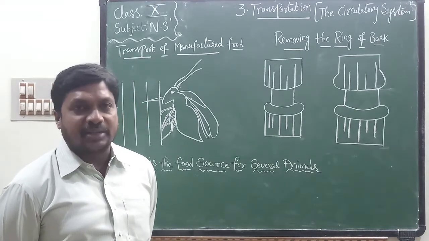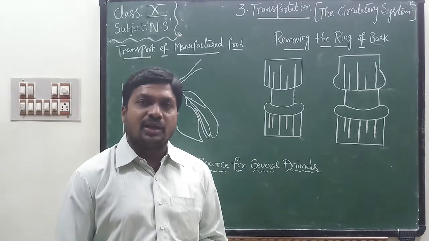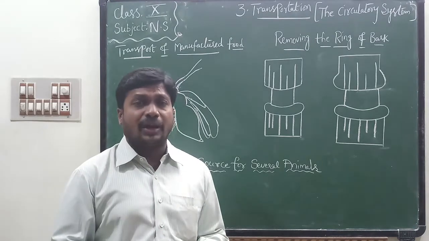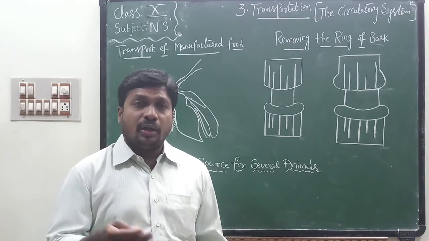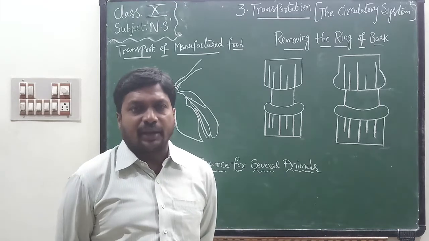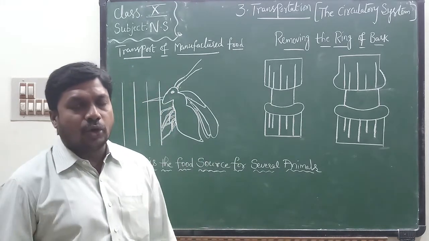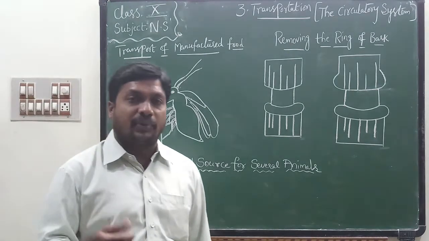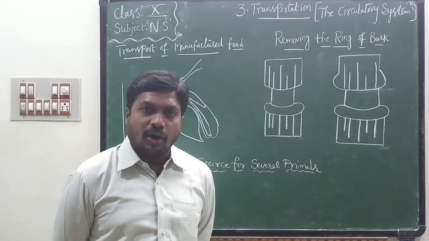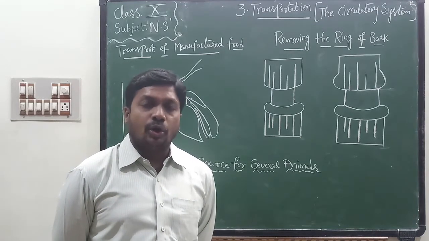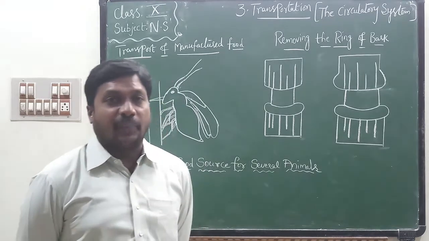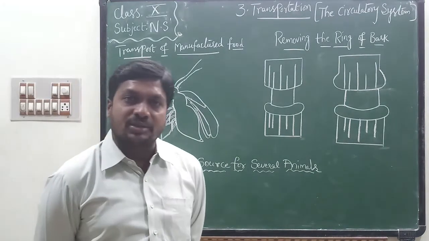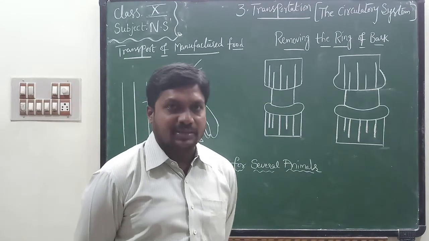Do you know, root pressure is enough to transport water and minerals in a short, average plant. But if you observe red sandalwood or eucalyptus, eucalyptus grows up to 180 meters above ground level. So in huge trees like red sandalwood or eucalyptus, root pressure is not enough to transport minerals and water. So along with root pressure, transpiration plays an important role in transportation of water and minerals in huge trees like eucalyptus and red sandalwood.